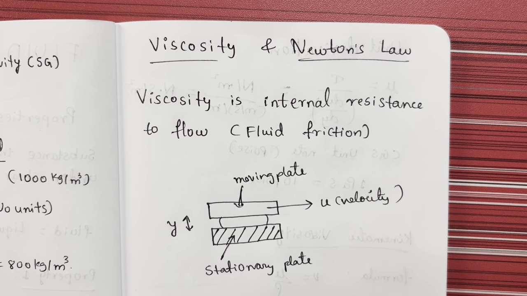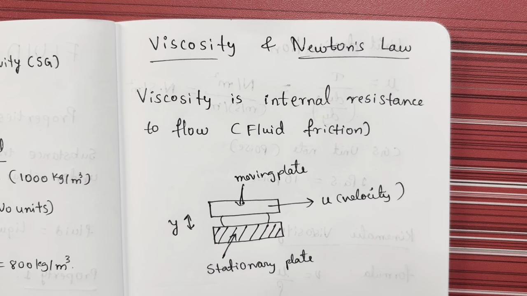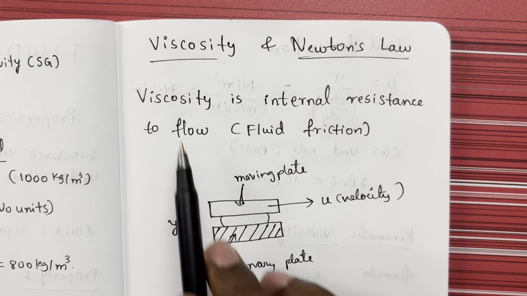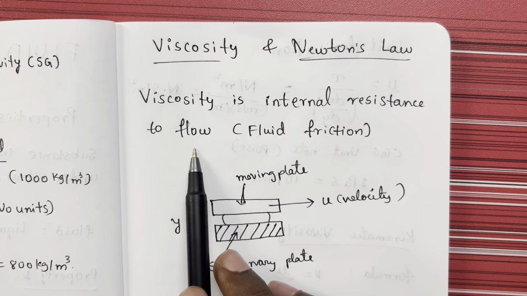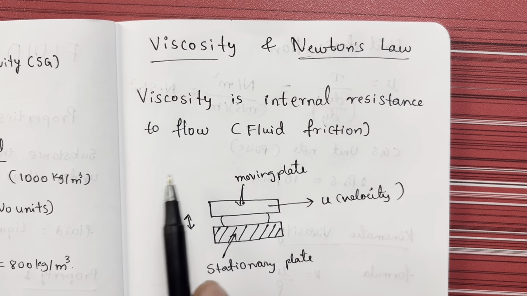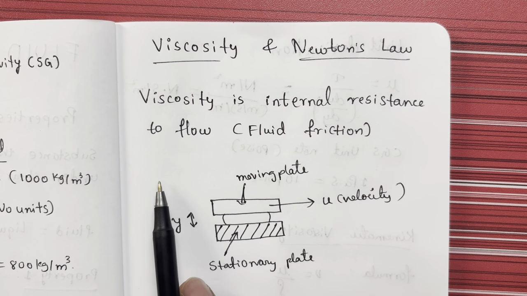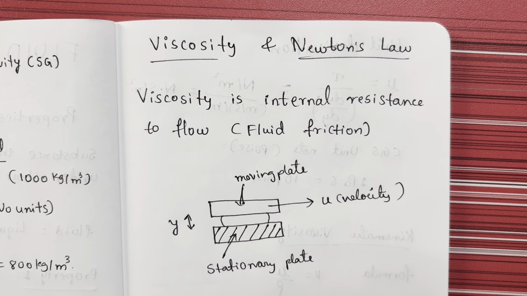Welcome back. Today we are looking at viscosity. In simple terms, viscosity is a fluid's internal resistance to flow. Think of it as fluid friction. If you pour water, it flows easily because it has low viscosity. But if you pour honey or heavy polymer resin on top of a table or anywhere, it flows slowly because